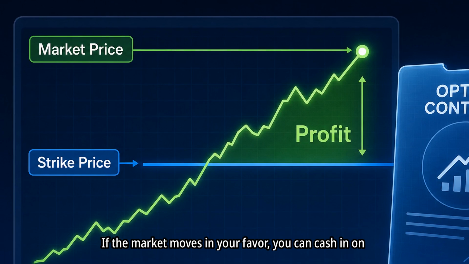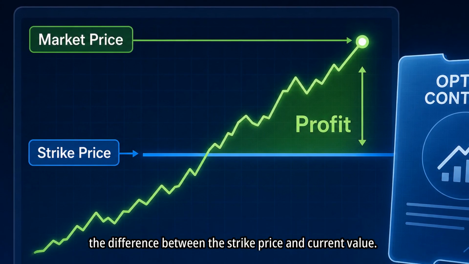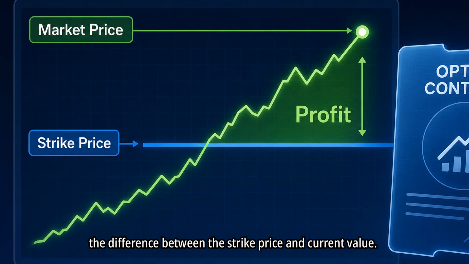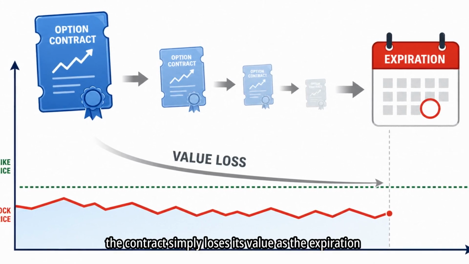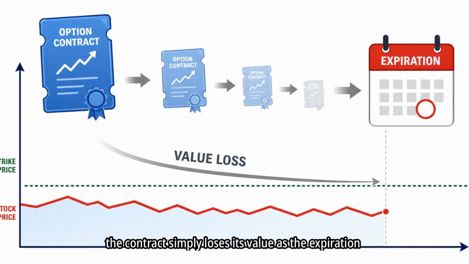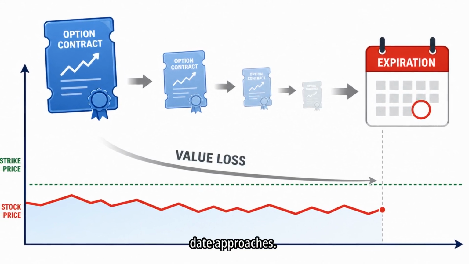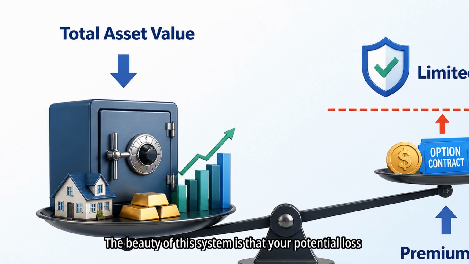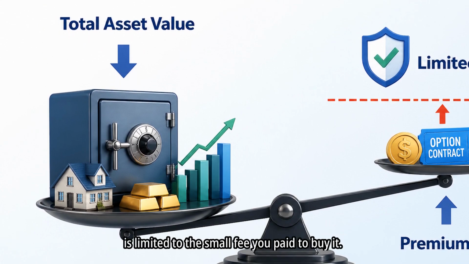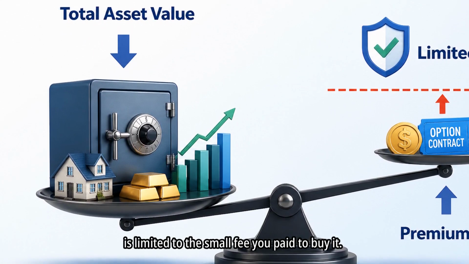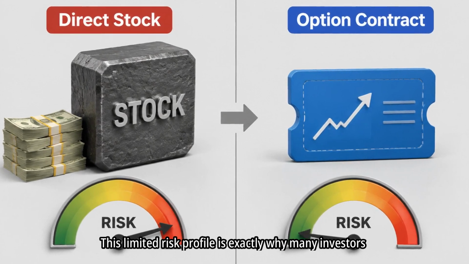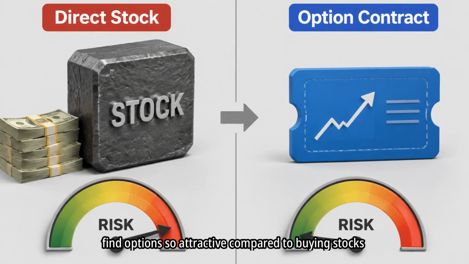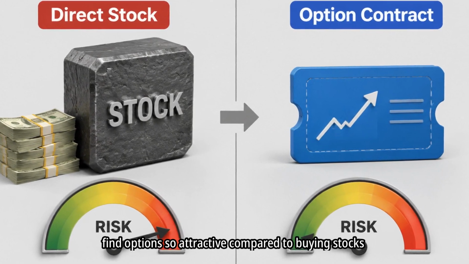If the market moves in your favor, you can cash in on the difference between the strike price and current value. However, if the market does not move in your favor, the contract simply loses its value as the expiration date approaches. The beauty of this system is that your potential loss is limited to the small fee you paid to buy it. This limited risk profile is exactly why many investors find options so attractive compared to buying stocks